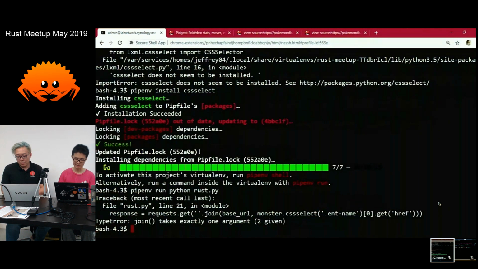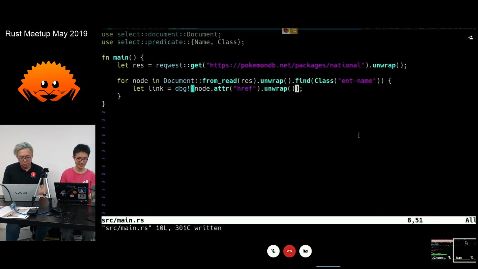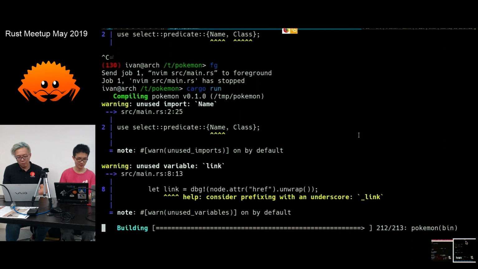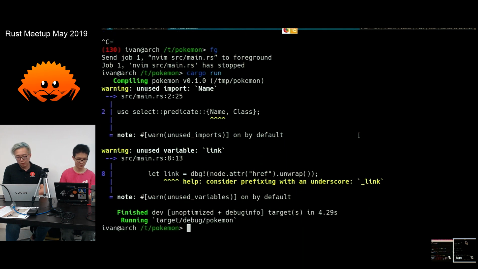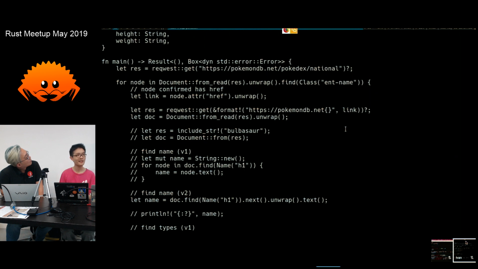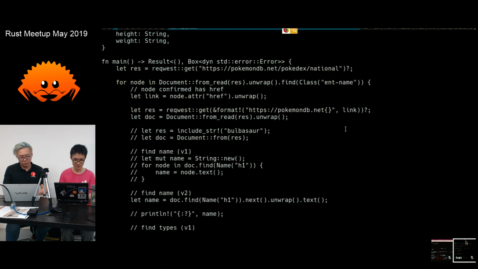Okay, so now what I did is something like this. I just take each link, scrape the link, and show it out. Find class. So class is coming from the predicate. Okay, I see. It's a function. And it's nothing but predicate, so it understands natively what class is. No, it's actually a library. He actually imported that. So you see, document is where it comes from. I see. Is there a naming convention like those capitalized stuff? You can have your function as a